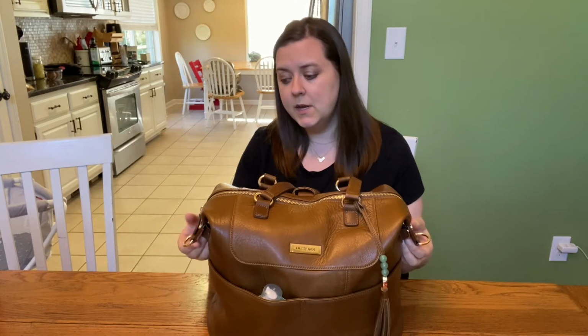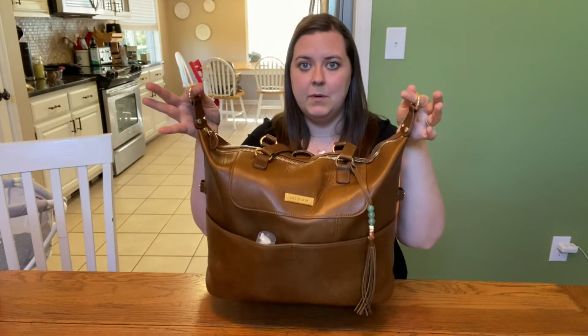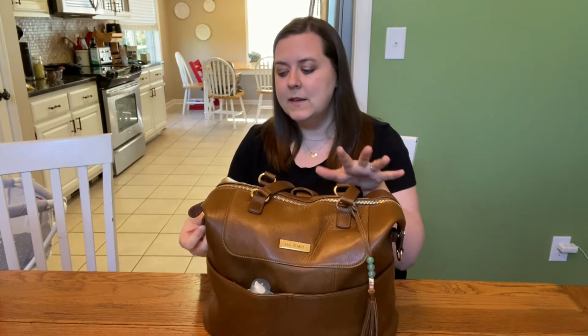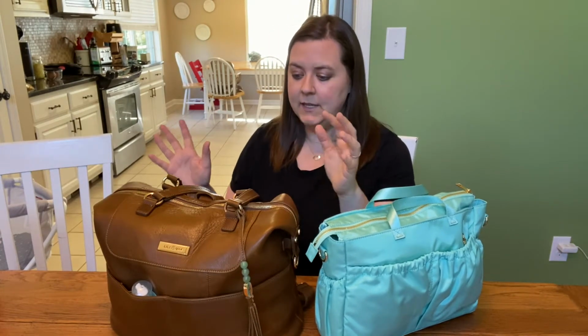Sometimes I'll hang it on my stroller with some stroller hooks that I have, and when I do that, I have to unsnap them so I can use these hooks to hang it on the stroller. But for the most part, I keep mine snapped down. I just prefer the slouchy look, and it makes it look a little bit smaller. So the Lily Jade bags, one of the things that makes them unique is that they are diaper